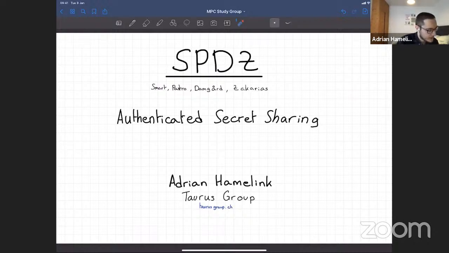The secret sharings, let me go over them quickly again. We are going to be considering only additive secret sharings. This just means that a value x is shared between the n participants. Each participant has a share xi, and the value of x is the sum of all the xi's. In contrast with the Shamir secret sharings from last week, this is basically where the threshold is set to n-1, and we need all shares to reconstruct the output.